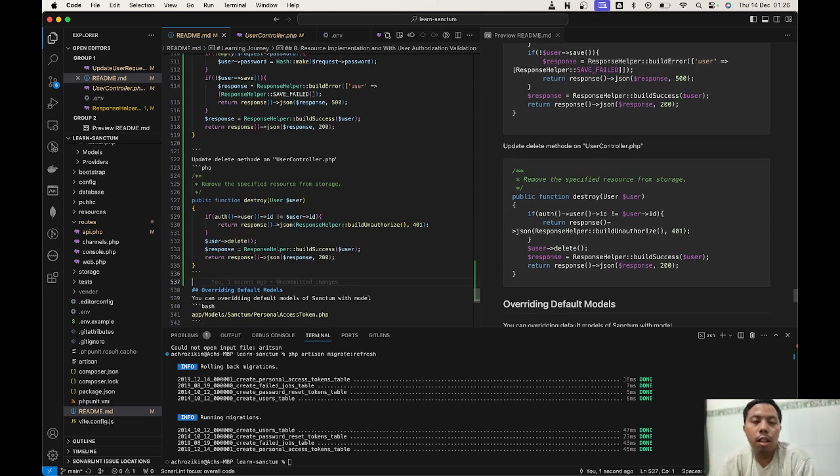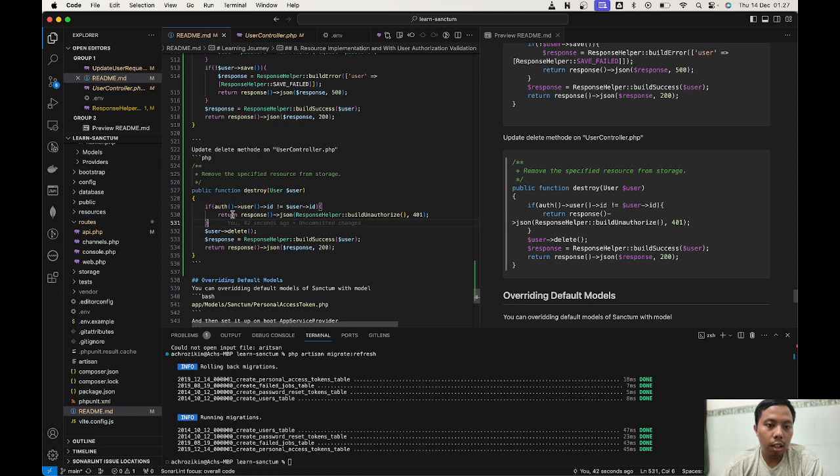In the destroy method, just like I said before, I don't want the logged user to be able to edit another user, like change or delete. They can just change and delete themselves. So we're going to add a little bit of authentication, maybe validation, in here. We check if the logged user ID is not the same as the route model binding user ID, it will respond with unauthorized from our response helper.